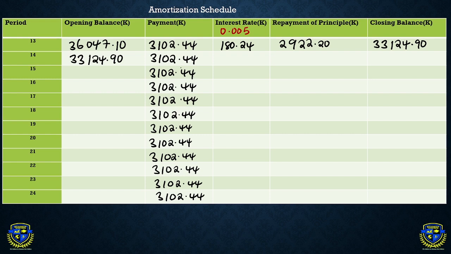33,124.90. Multiply that by 0.005. It's going to give us 165.62. Subtract the 165.62 from 3,102.44. It's going to give us